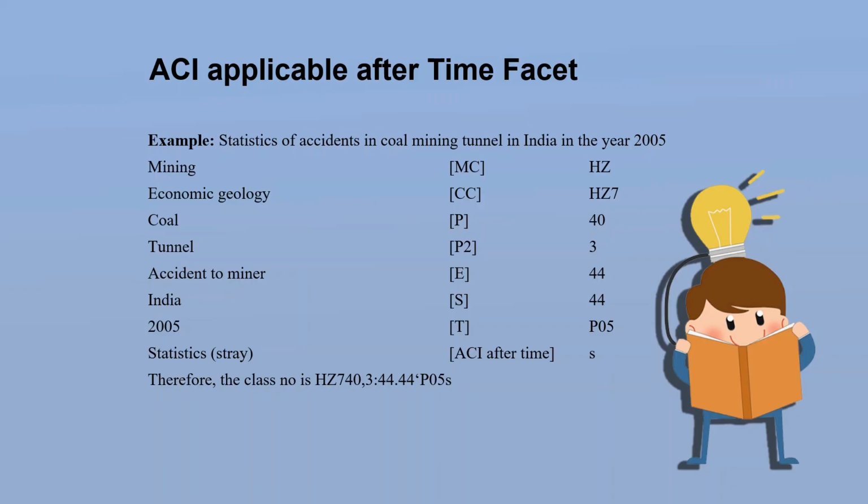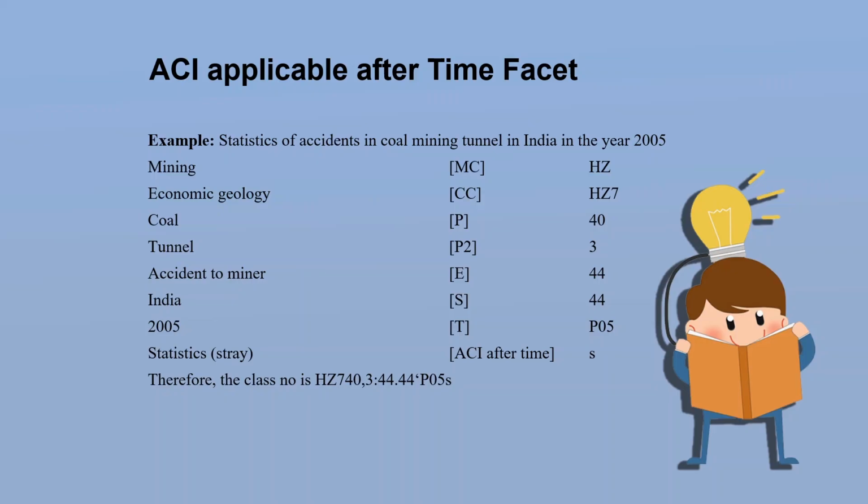After constructing to the fullest extent up to time, we have to consider the common isolate, that is the statistical report, that is not in regular or periodical manner. So, the class number will be